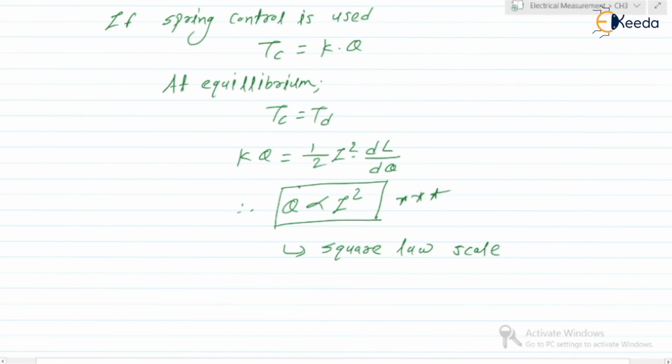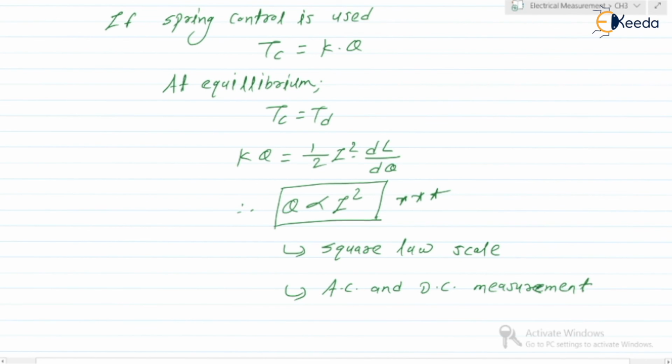Now next, whether the MI instrument can be used for measurement of DC as well as AC quantities? Yes, because for DC we have only positive values. So the square of the positive will be positive, so the deflecting torque will be in one direction. But for AC we have positive as well as negative values. For positive values the square is positive, but for the negative half cycle of the AC quantity, what about the square of the negative? It is again positive. So the deflecting torque produced will be in the same direction only. So this can be used for AC and DC measurement.